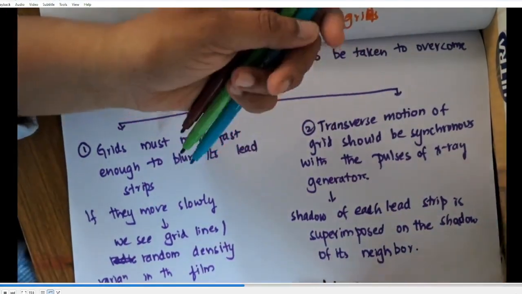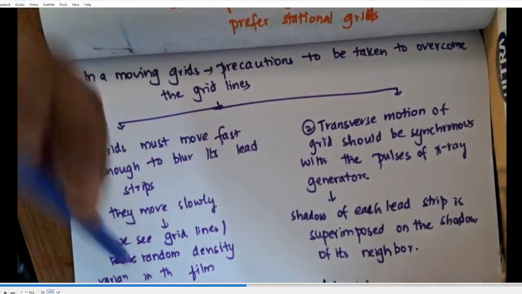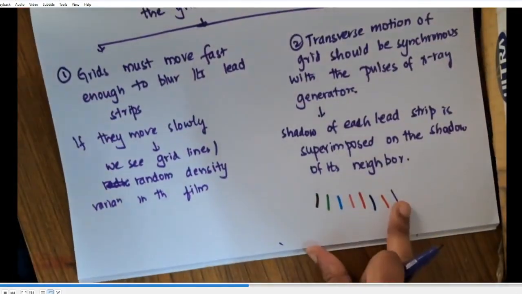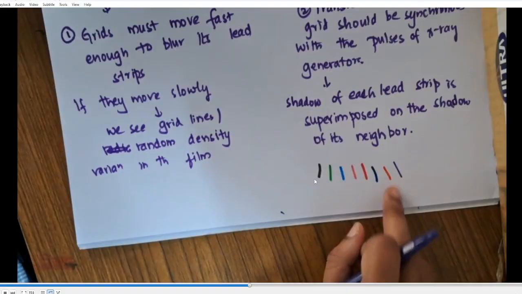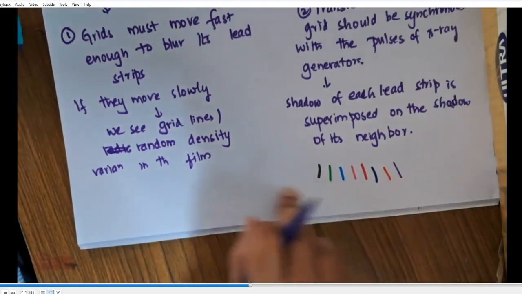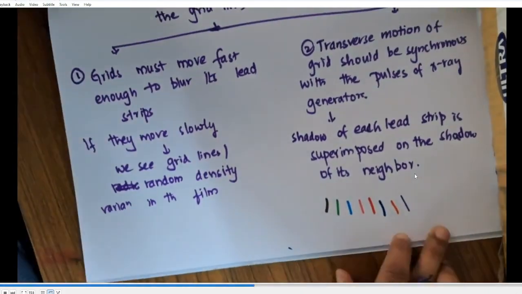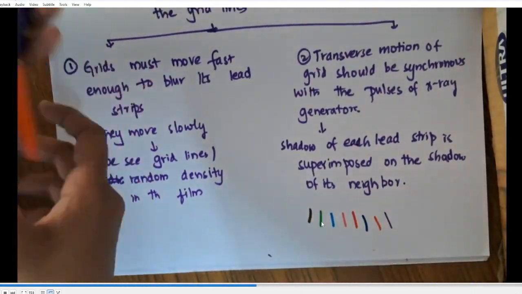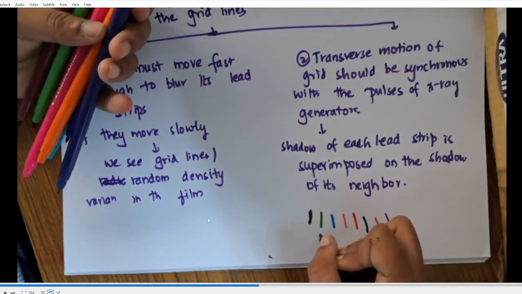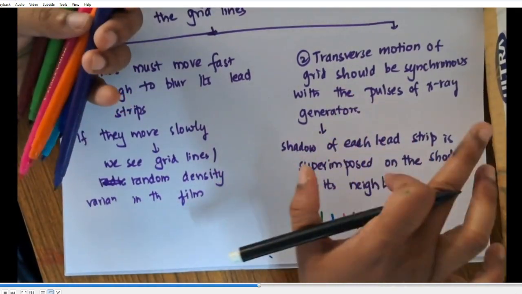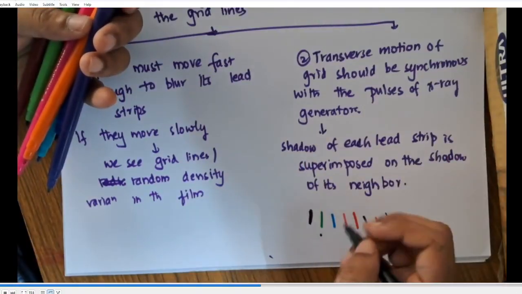So each image will produce... So if you see, these are the lead strips. These are the shadows which are cast by different lead strips. With each pulse, it produces a faint image of the lead strip on the film. Between the pulses, the grid will move one interspace distance so that the next grid is over the position